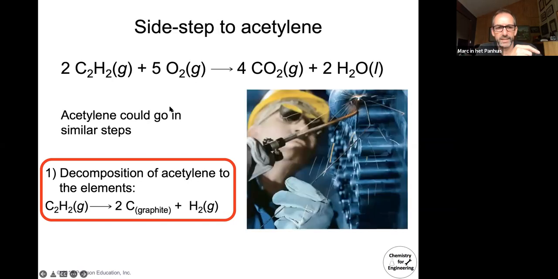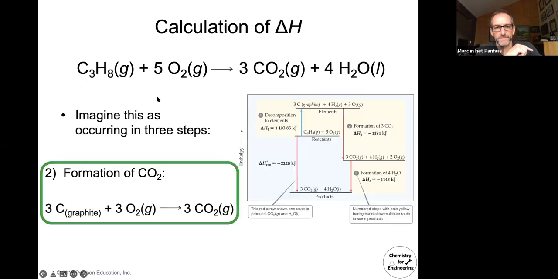In the second step, if I go to acetylene, that could actually have a similar side step evolving, where the alkene, which is usually carbons and hydrogens, could fall apart into some graphite plus hydrogen, plus obviously also the oxygen, because if we haven't used the oxygen, then it's still present. So if I go back to propane, in a second step, we can have the formation